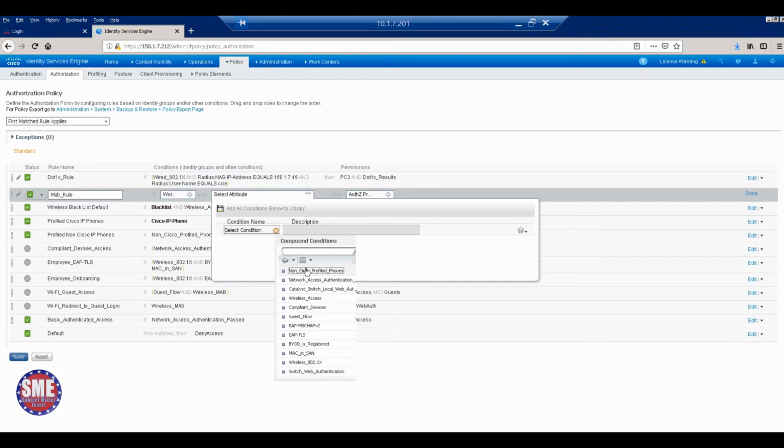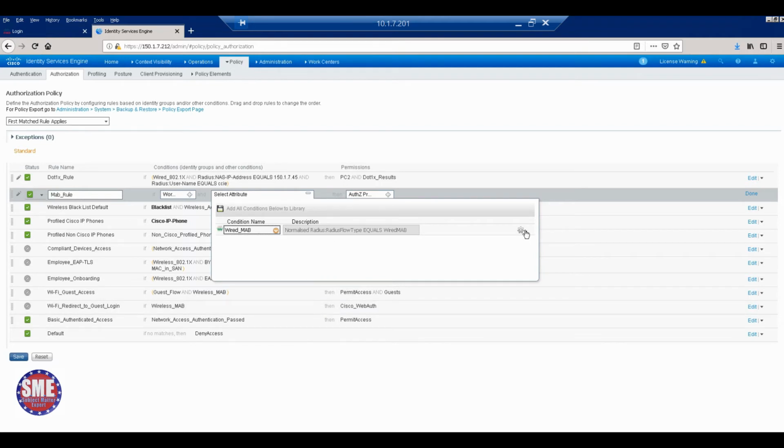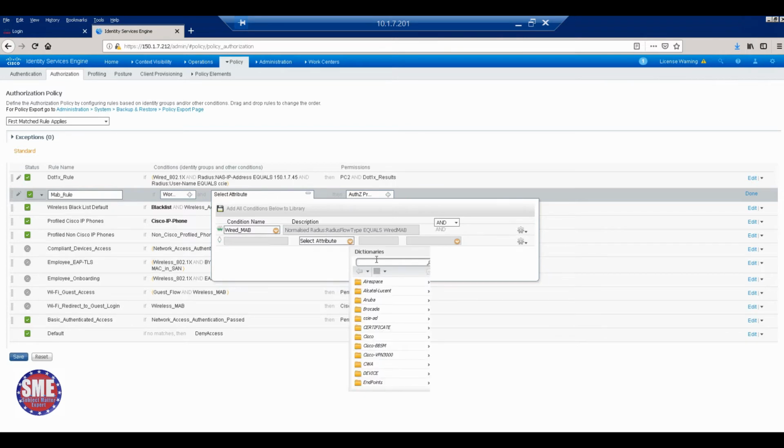Compound condition wired MAP. And attribute, and which one? Two things. It's not OR, not anything. Here you can change the rule order also, but here only AND, equal to. It's coming from the switch. Equal to, already there.